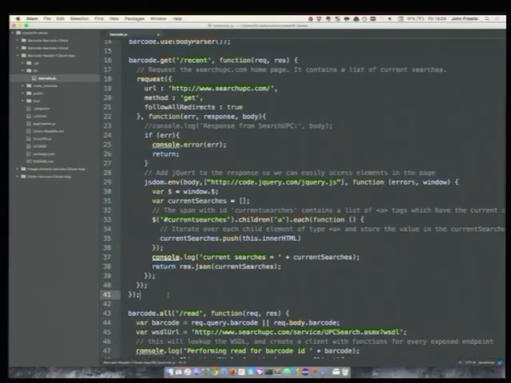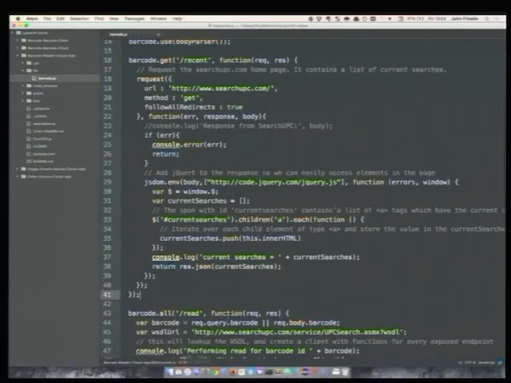Having just viewed source of the web page, I could see that the 5 search results were in an element with an ID of current searches, and each one of them was a link. So a small little iterator to loop over each of the children and pull out the actual URL of the link. And then we return that as a JSON object, and there we have a nice clean API, screen scraping in about 25 lines of code.